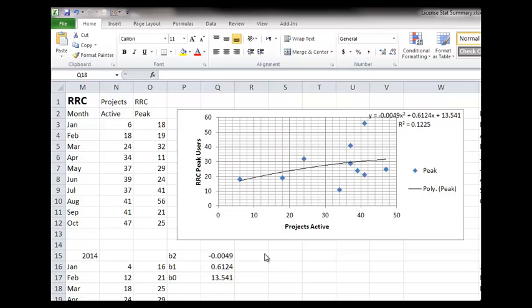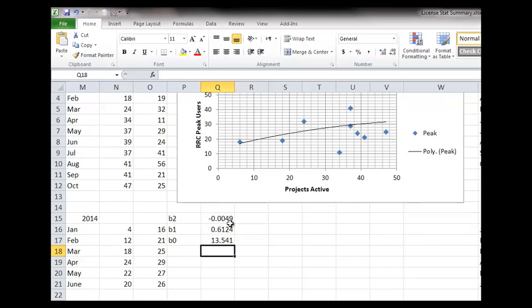So what I did is I took the B2, B1, and B0 values from the resulting equation, and based on the project load for 2014, we're going to get the following predicted usage values for RRC. And these usage values look to be very realistic to me, and they also tell me that I'm going to be way under my license count, so no need to increase the number of licenses, and we may even consider releasing some of these licenses even though their procurement is a sunk cost, there is a 20% annual fee